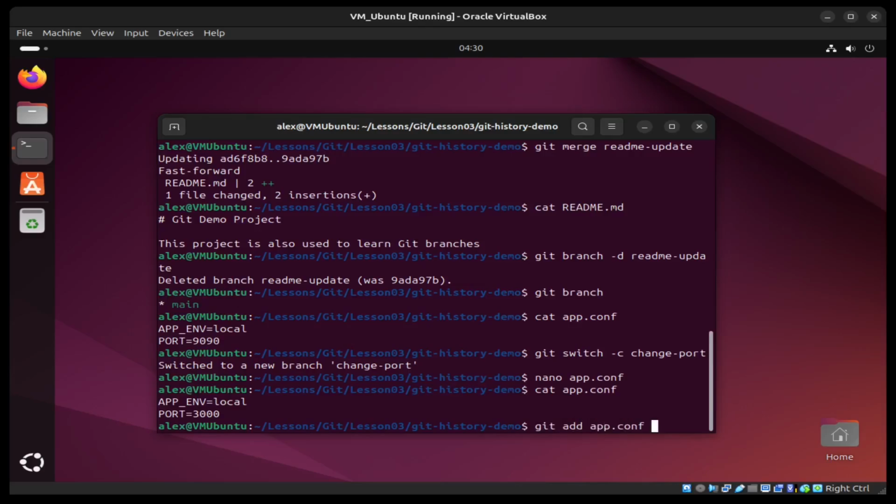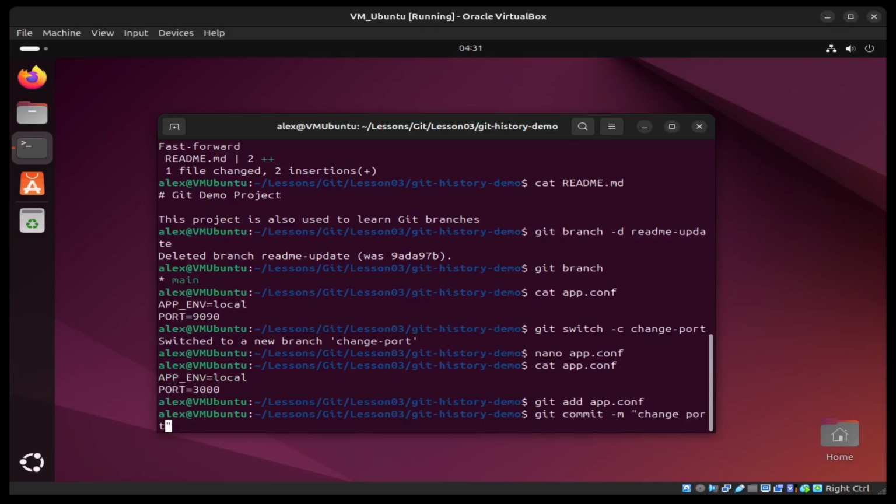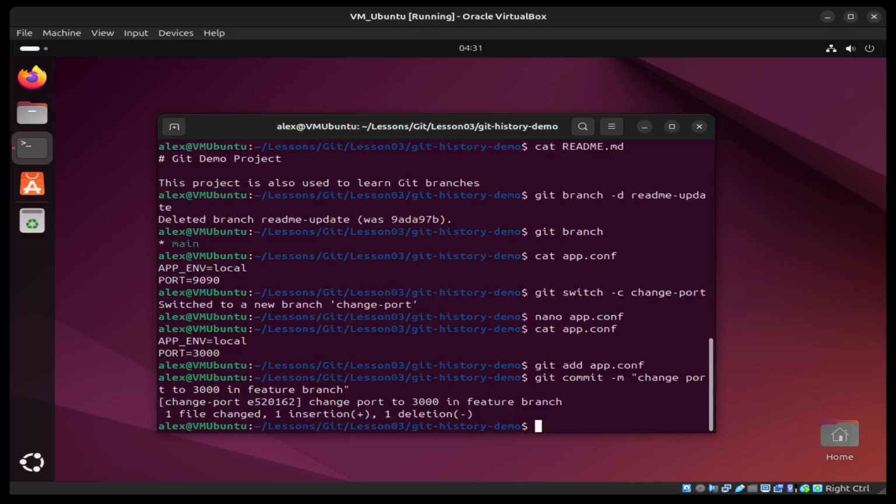And git commit. Change port 3000 in branch. Okay, we're done. Now in the change port branch, the port was changed to